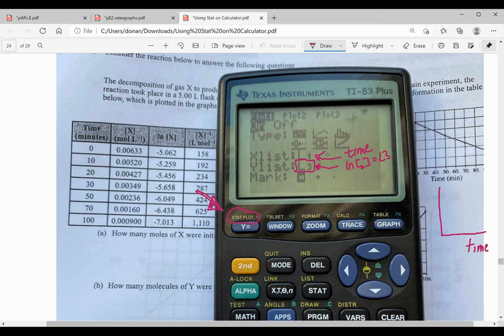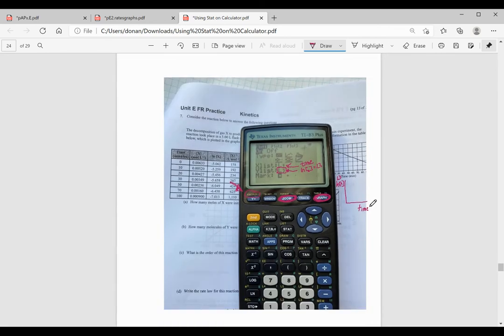And this axis, my y-axis, is going to be my L3 list, but my L3 list is the natural log of the concentration. Okay, so then I'm going to graph it. And when I hit the graph button, I won't see anything because this data is going to be on a different window. And so I'm going to hit graph, and then I'm going to hit zoom statistics, zoom 9 on my calculator. And when I do that,